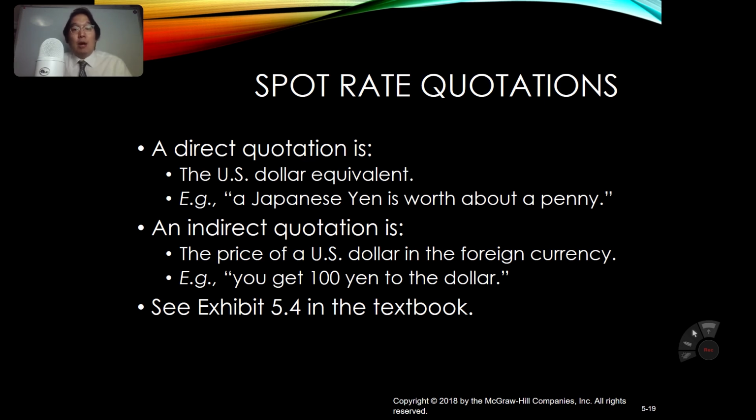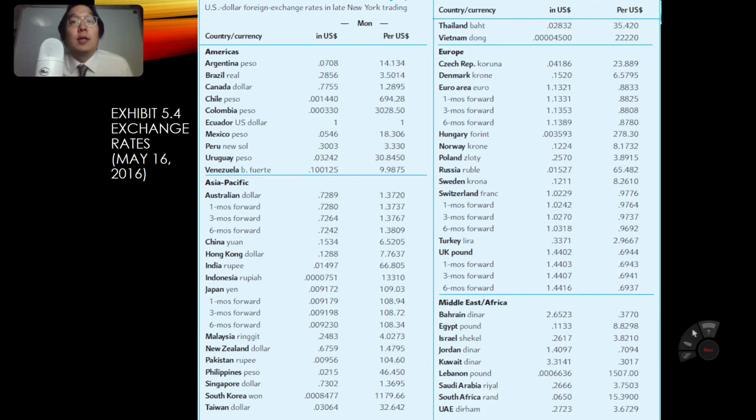How much your home currency is worth with respect to the foreign currency, in the foreign currency unit, let's say. Direct quotation is your home currency unit. Indirect currency quotation is your foreign country's unit. Exhibit 4 in the textbook looks like this: exchange rates at some one point in